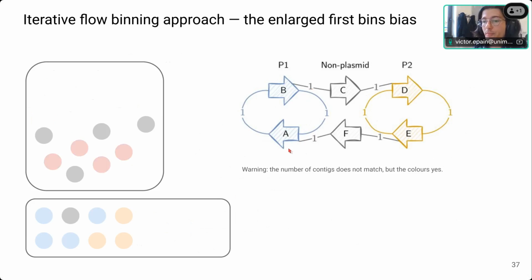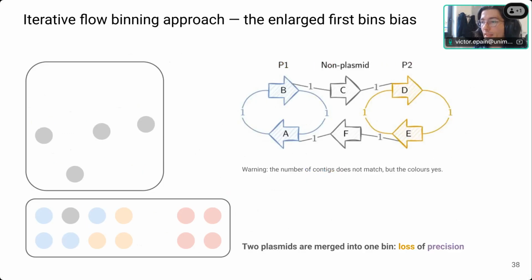Then you search for another bin. Okay. And then the two plasmids are merged, so you have a loss of precision. You can have mixed effects. You can also have a loss of recall, because if the solver is taking a contig from another plasmid to merge two plasmids, perhaps this previous contig that helps to merge the two plasmids will not be used after that.